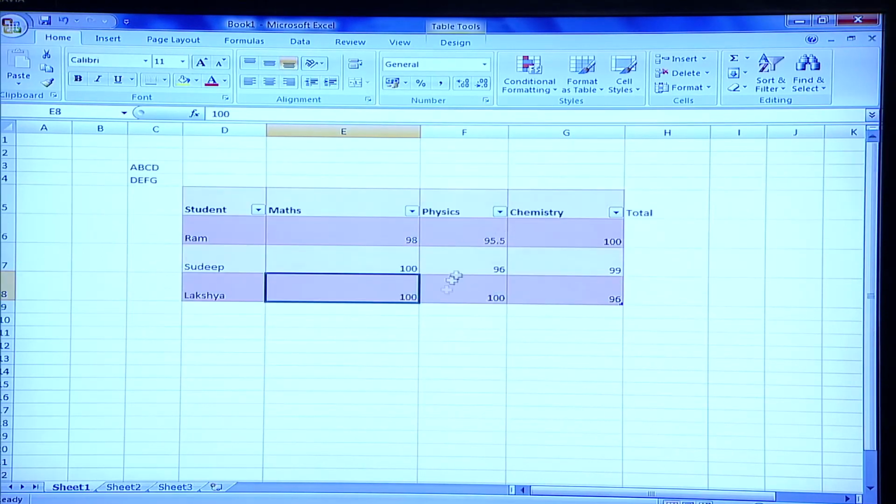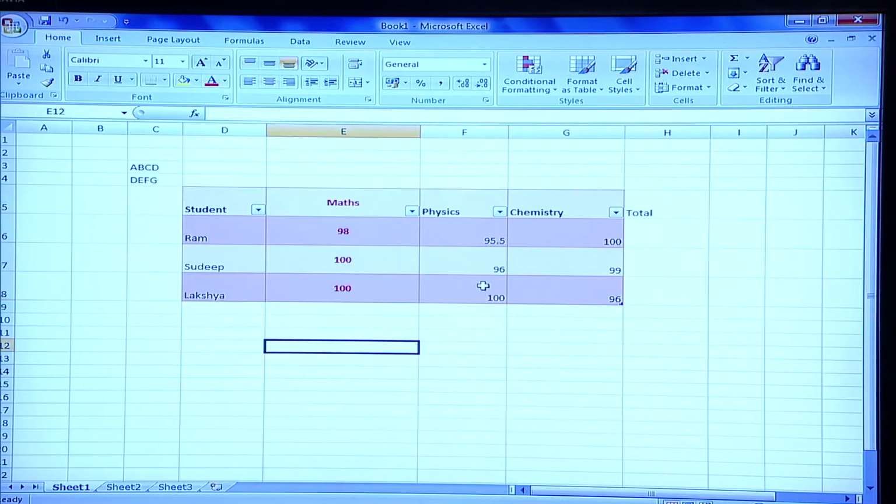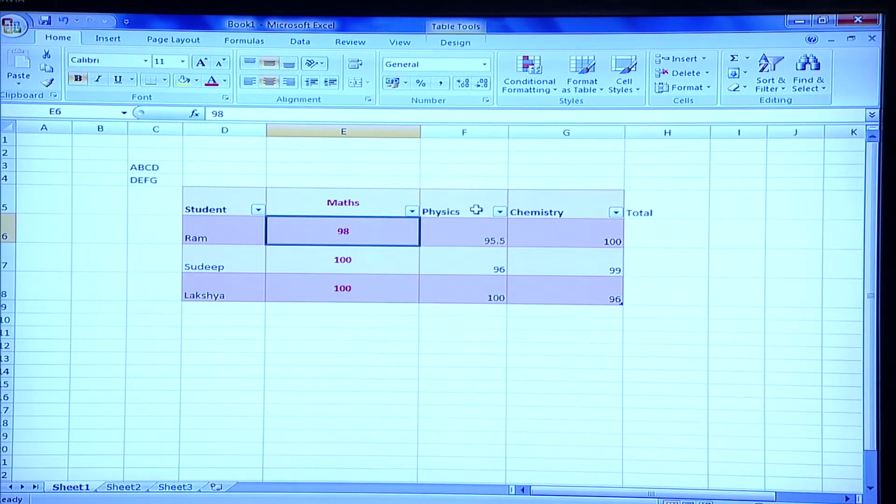So this was all about the Microsoft Office formatting. Now there is also an important and very simple functionality that I would like to share with you. Let's say you had done some formatting and you want to make sure that whatever formatting you had done should be reflected in the other cells as well. So you can use Format Painter. Let's say you want to make sure that physics and chemistry marks are also formatted in the same way as maths marks are.